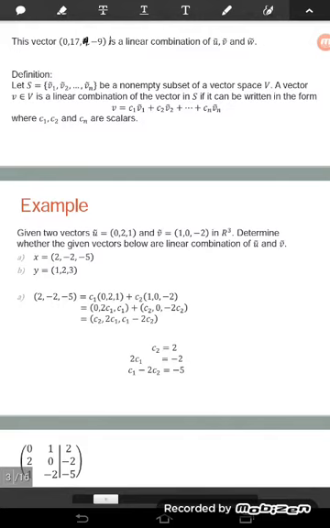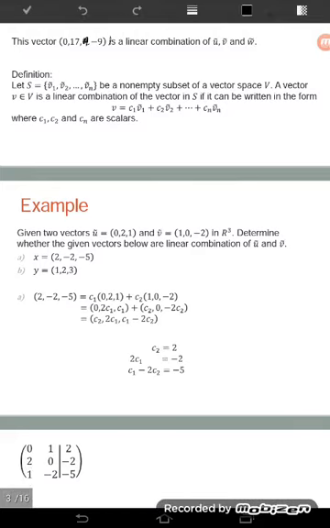Okay, so compare both sides. Okay, so left side and right side. Okay, so C2 is equal to 2, and 2C1 is equal to negative 2, and C1 minus 2C2 is equal to negative 5. And then after that, take out the augmented matrix of this one. Okay, so nak keluarkan, so kita susun dulu 1, 0, 1, 2, 0, 1, negative 2, and here is C1, C2 is equal to 2, negative 2, negative 5.